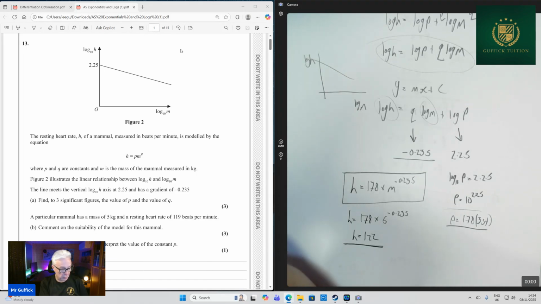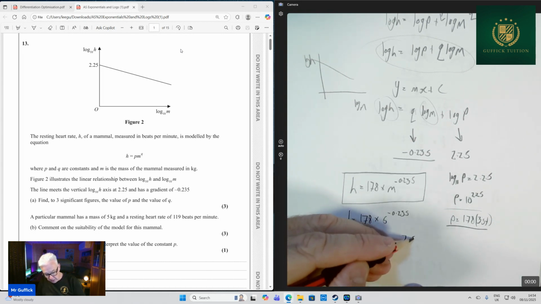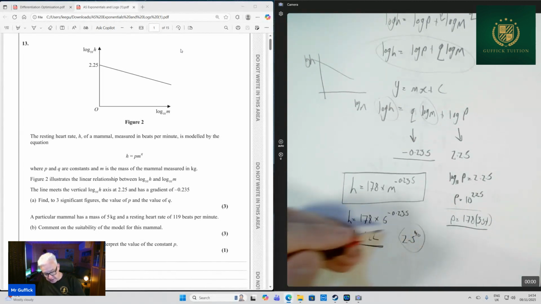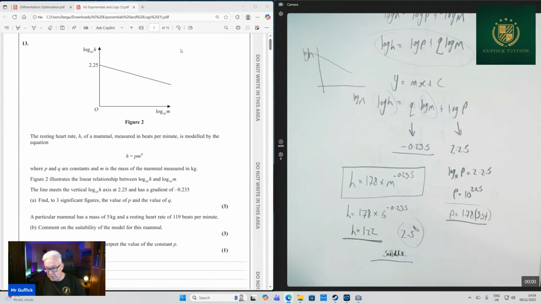And if we had 119 divided by 122, then that is like 97.5. So it's less than 2.5% out. So we're going to say that it is a suitable model. And as a good rule of thumb, if something's less than 10% out, then we can say that it's a suitable model. Okay. Now, this is the next bit that people don't get. It says, with reference to the model,